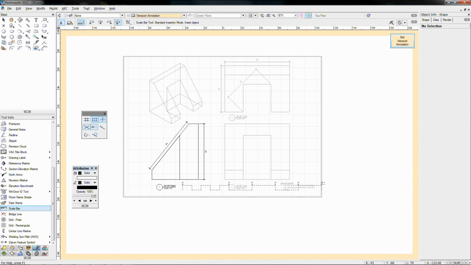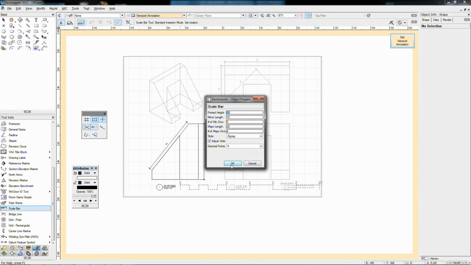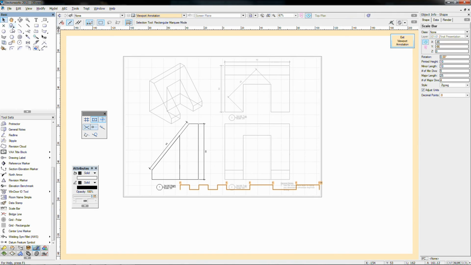This one's going to be a little bit too big, that's okay. Plonk that down there. If I hit OK, you can see what it would look like. 0.00 of a meter, but that's okay. I'm going to change this up a bit. I'm going to change the minor length to be 1 millimeter, and I'm just going to have 5 of those. And our major length is going to be 5 millimeters, and we're going to have, yeah, that looks pretty good,